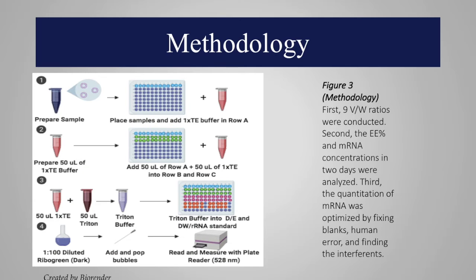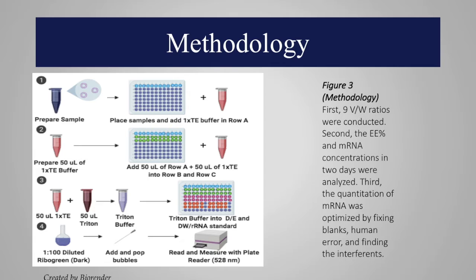For this trial, we first had a sample in the first row and a backdrop TE buffer. Then we had a trident buffer, and the trident buffer was used to lyse the cells to get not only the total mRNA, but also the encapsulated mRNA. The RiboGreen was used to intercalate with the mRNA to fluoresce, and we used the plate reader to measure and quantify